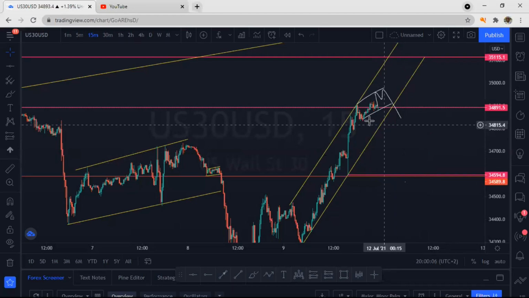So you wait for it to create this correction. But the most important thing here is patience. Don't just get carried away and say, I think I'm going to miss out on this trade. No, you wait. I don't know how many times I should emphasize this. You wait for the trade. Be selective. Don't just trade any movement.